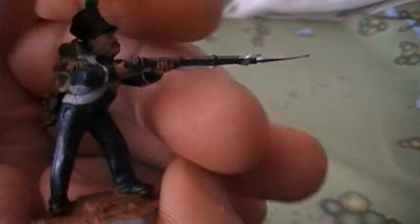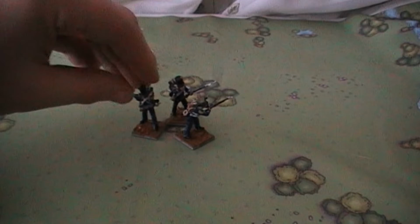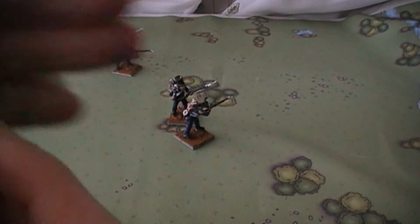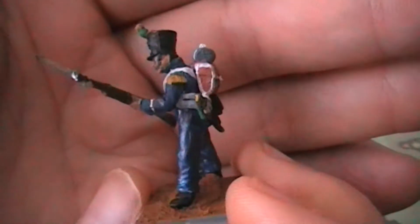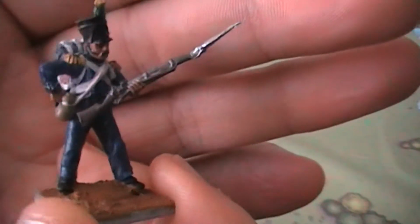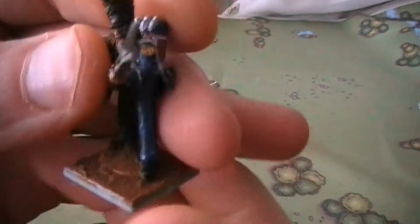And I might even, though it's not particularly historically correct, do the same with some King's German Legion, which actually would be historically correct, because the British division that I'm roughly basing most of my infantry units on did have the King's German Legion attached to them. So I could, as well as adding battalions, add a little squad of those guys, or go the more popular route and add a little unit of 95th,